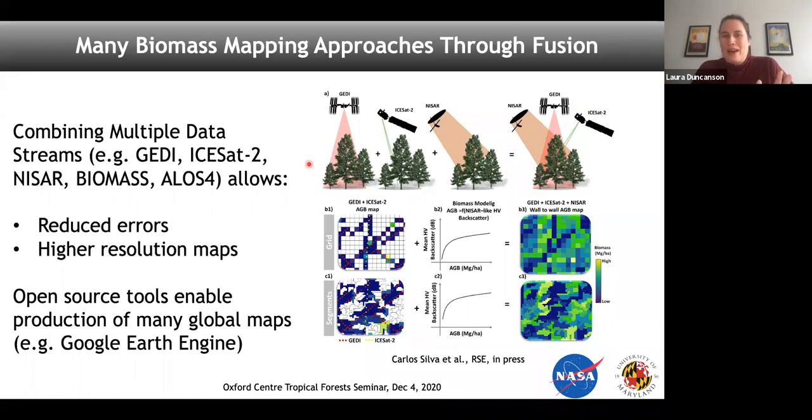But we're going to have a bit of an issue: we've gone from having no really good biomass maps to potentially having dozens, maybe even hundreds starting to come online, from wonderful tools such as Google Earth Engine, where anyone can make a global map from the comfort of their own home in 2020. But if we start flooding the community with all these products, we're not going to know which ones we should actually be using for forest management, for policy, for science.